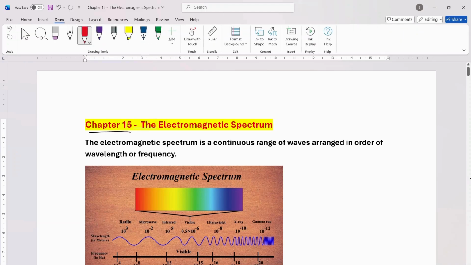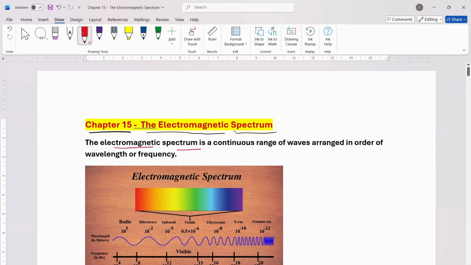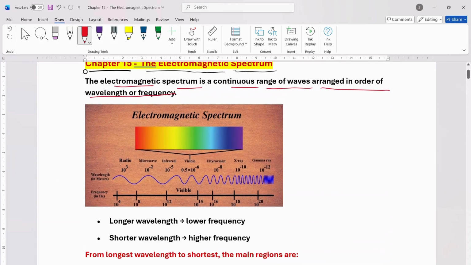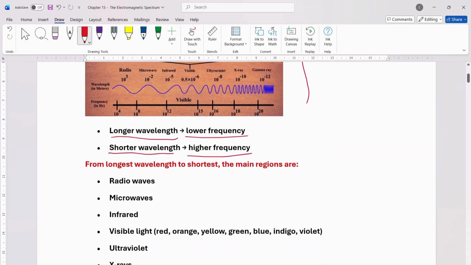Let's discuss chapter number 15, the electromagnetic spectrum. The electromagnetic spectrum is a continuous range of waves arranged in order of wavelength or frequency, as you can see over here in this diagram. Longer wavelength, lower frequency; shorter wavelength, higher frequency. From longest wavelength to shortest, the main regions are